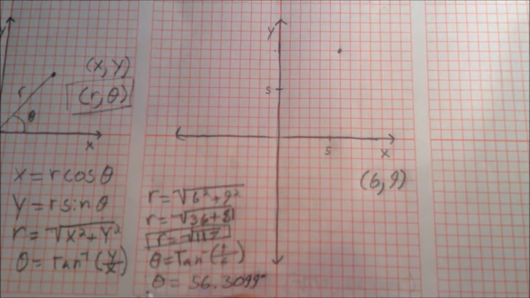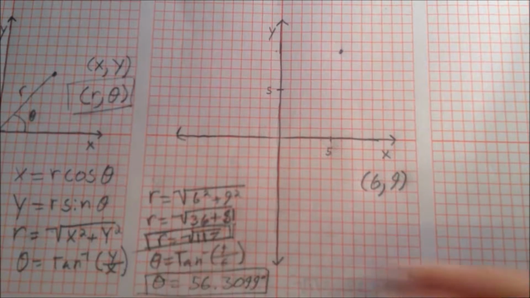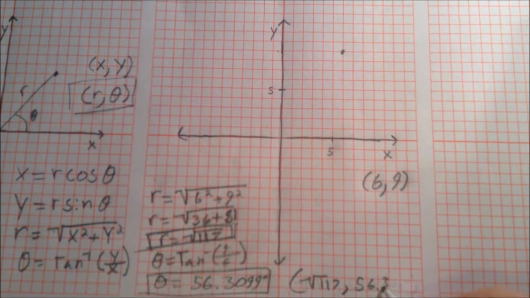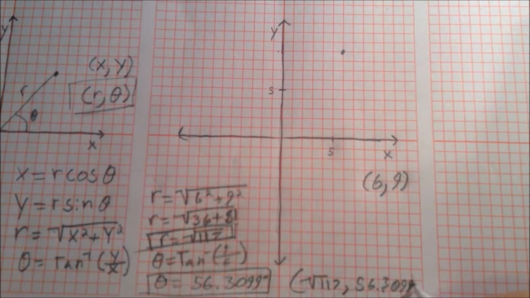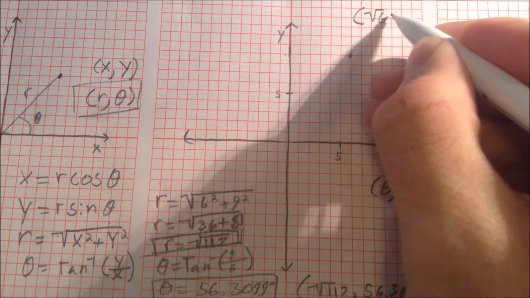And if you just want to box your answers, that is always a great idea. And here is the final way it will look in the new polar coordinates, with the r value followed by the theta value. Look at that. So now I'm going to give you a polar coordinate, that is the square root of 65